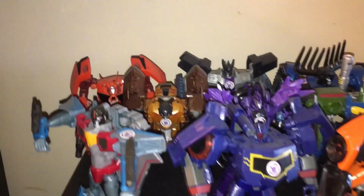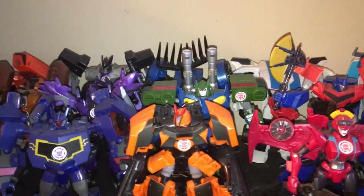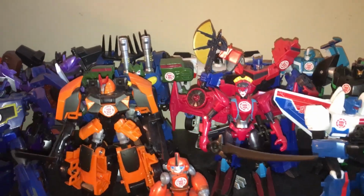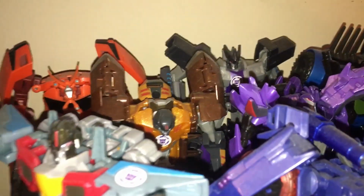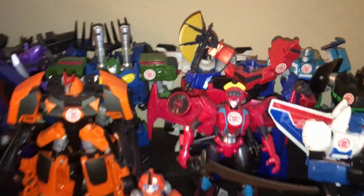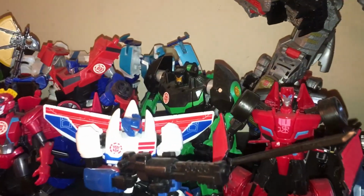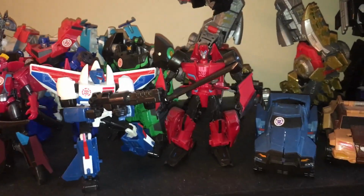And going back, we have from the Transformers Animated show, the latest one, which I'm sure they're already doing new ones now. So this was the one before that. But there's the deluxe class Starscream, Soundwave. Got these guys. That Scorponok is awesome. And I have both versions, purple one too. The Grimlock, Blurr, Jazz back there, Optimus, Sideswipe,